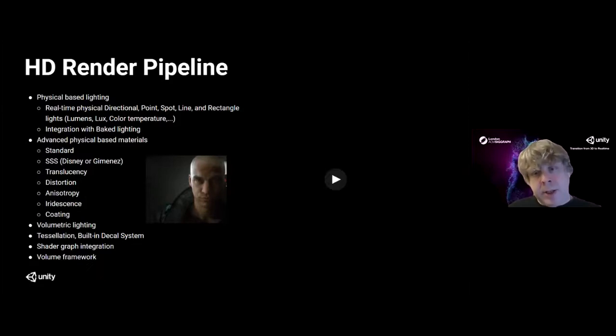And our camera system's physically based too. So you can go on Amazon.com and find a light, or you can go to a cinematography site and get the temperature of the light and how many light units it outputs. Then you can put that with a camera in Unity and set a T-stop or an f-stop, and then an ISO and a shutter speed, and you can see how that light reacts.